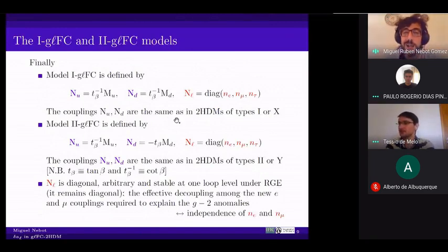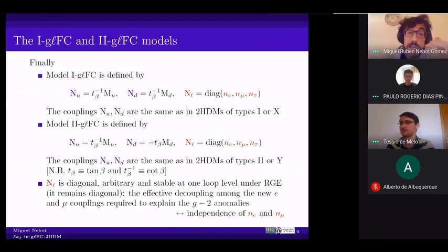The thing is, this is not completely consistent, let's say, in the sense that if I had imposed a symmetry for the complete Lagrangian, I would have had to impose it also for my lepton couplings. And that would mean just taking one of those two Higgs doublet models of types 1, 2, X, or Y, which are the four possibilities that you have when you impose, for example, a Z2 symmetry. But what I have done here is focus on this other property, the stability of that kind of structure under the renormalization group evolution.